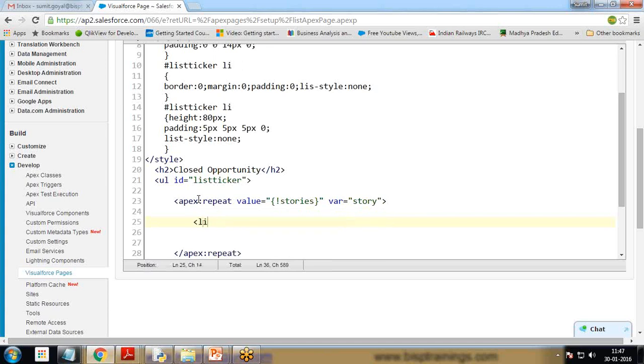define a list item, slash list item, and in this list item I add one image because I want to display image as well. So image style equal to float is left, margin is 5px 000, padding 1px,